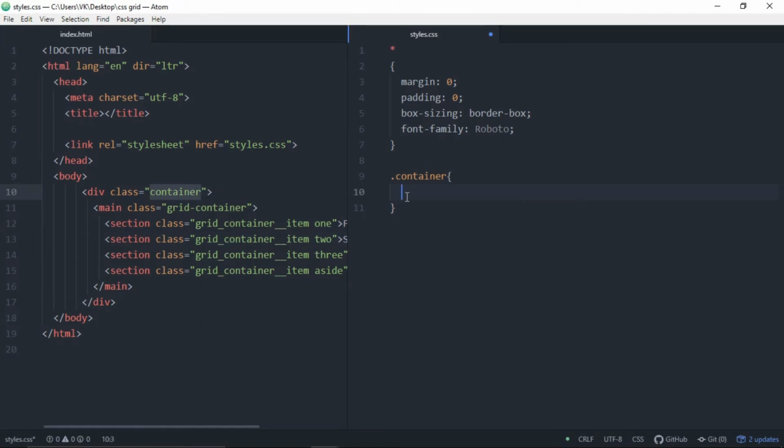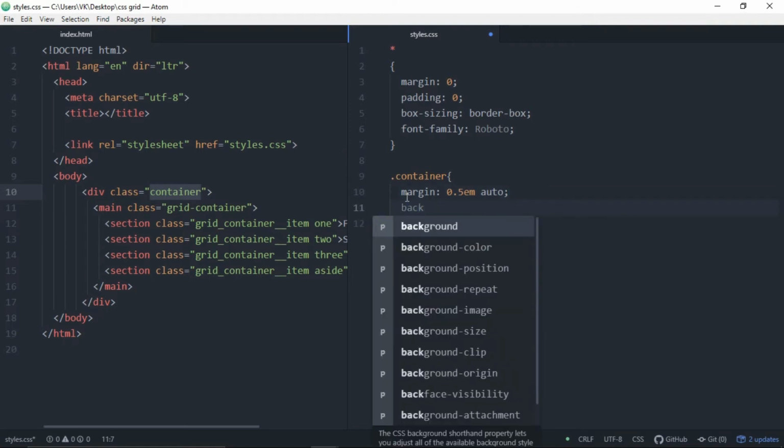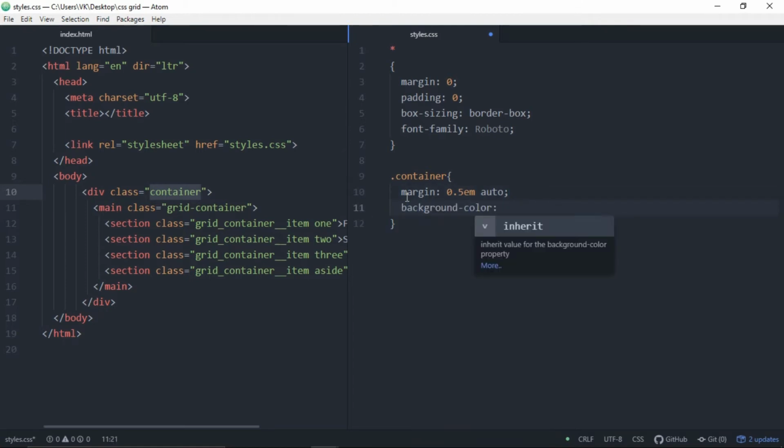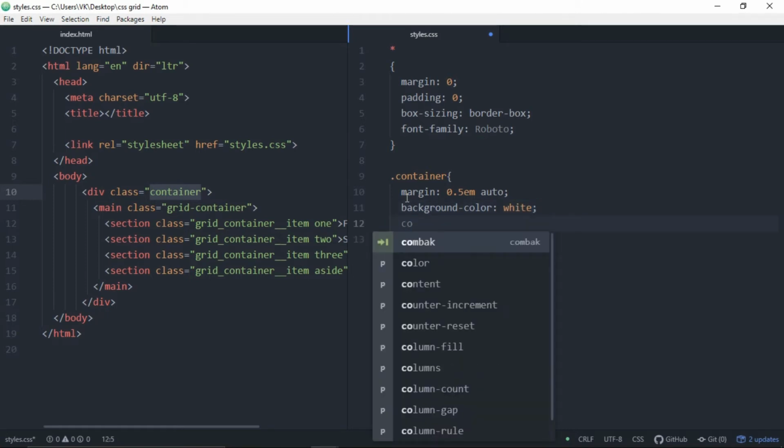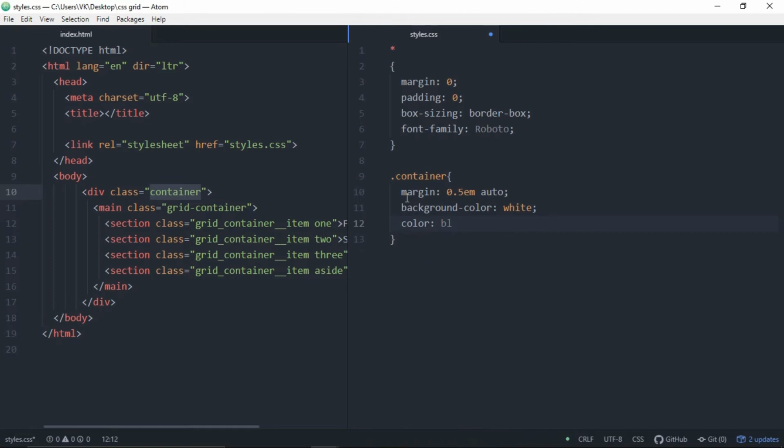So go inside this container and add margin to it. Margin will be 0.5 em from top and bottom, and auto. Background color will be white, color will be black.